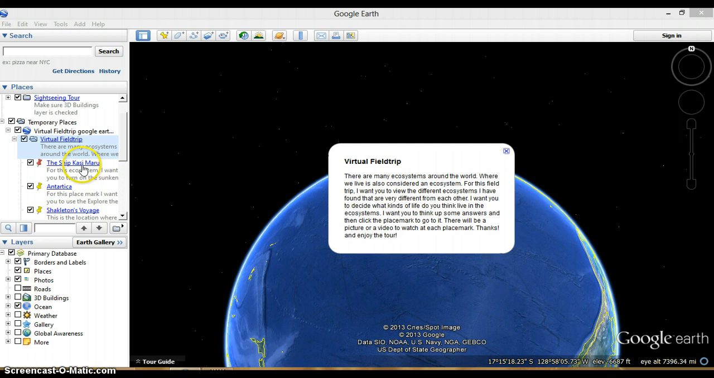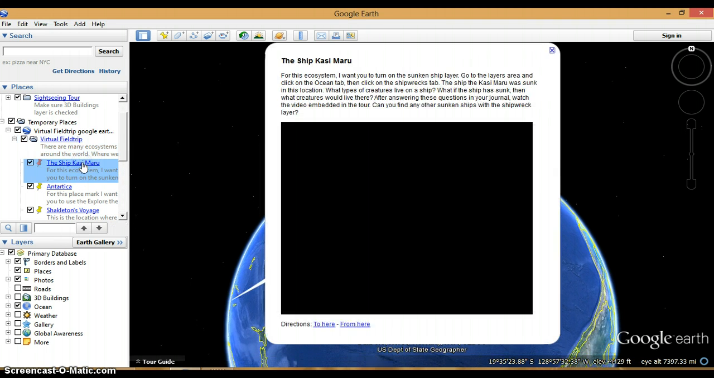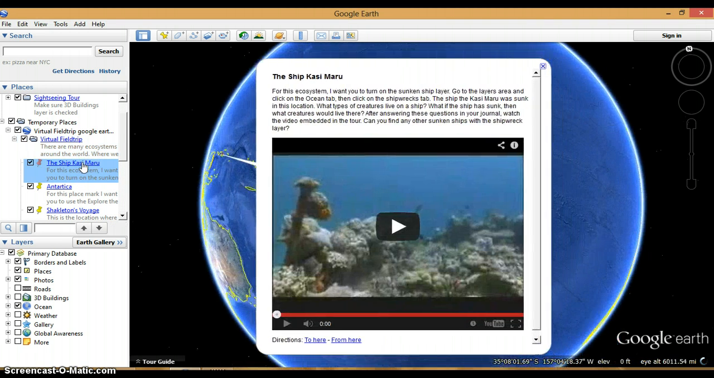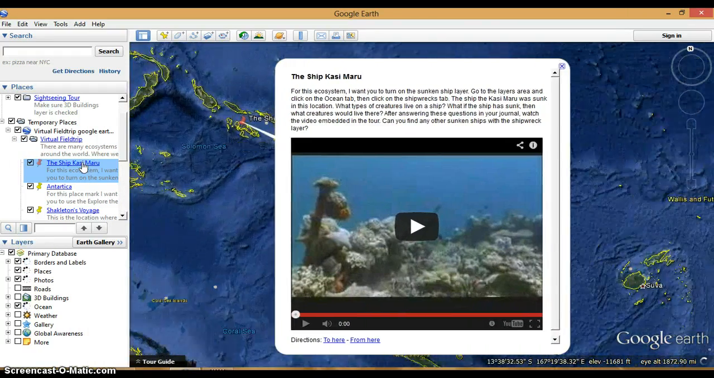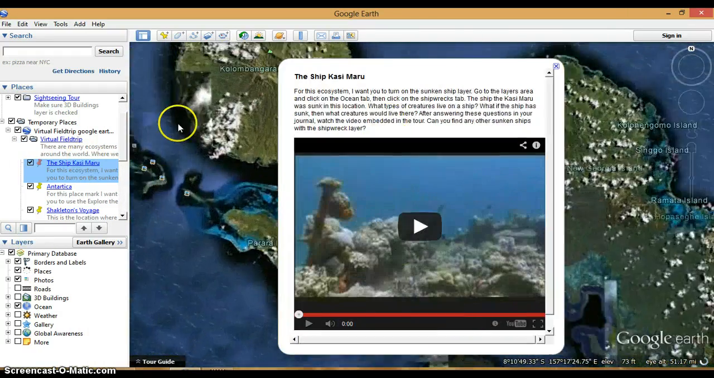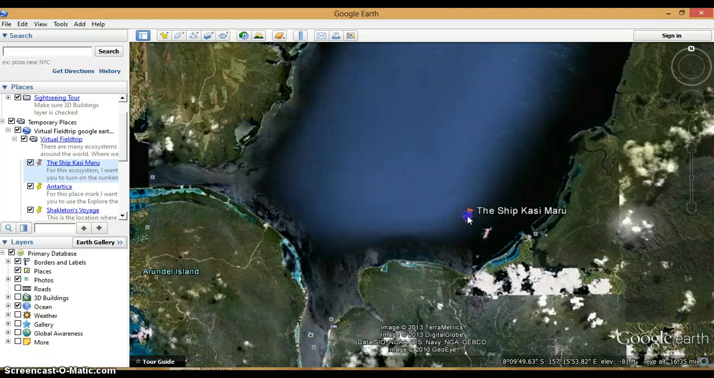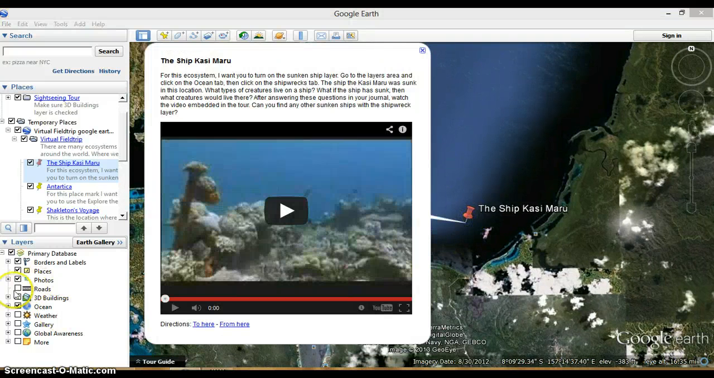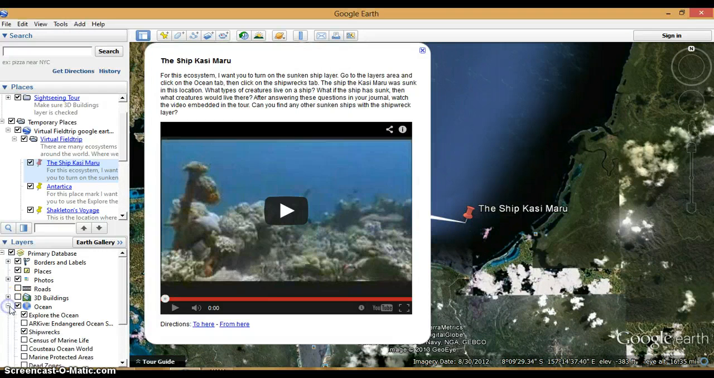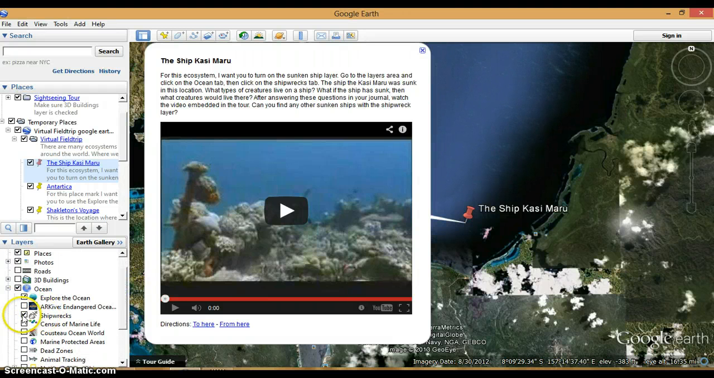So our first place we're going to is the ship the Kasimaru. Now the Kasimaru is a sunken ship, so what I want you to do is turn on the sunken ship layer, which is over here. You go to oceans and scroll down a little bit, you have things that are called shipwrecks, and I want you to turn that on. And if you notice over here, there isn't an icon for the sunken ship, but this is the location where